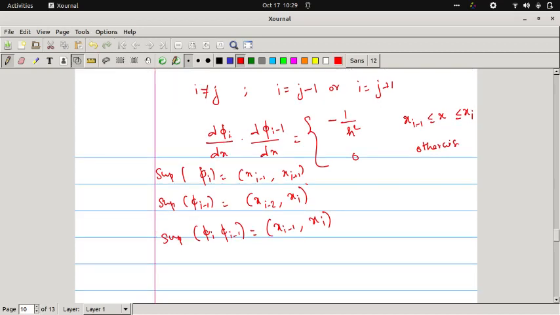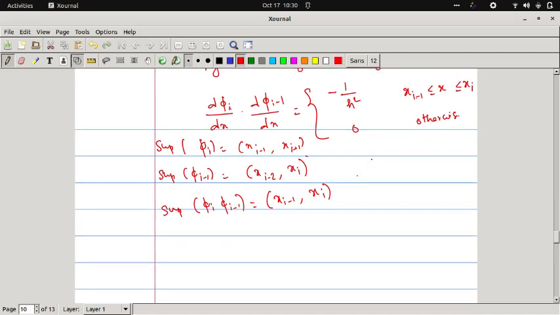Okay, similarly, we want to find d phi I divided by dx times d phi I plus 1 divided by dx. You will get it as minus 1 over h square, where the common support is xi to xi plus 1,